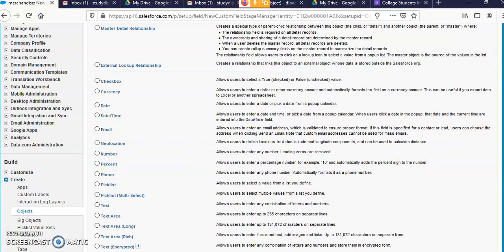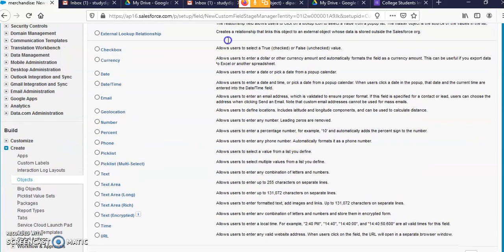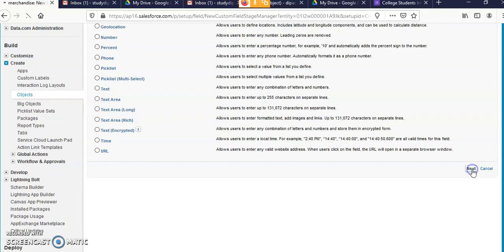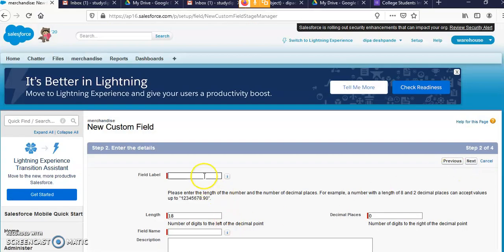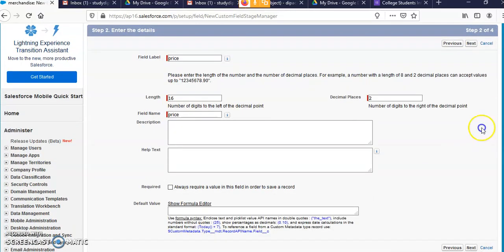For the price I am taking the data type as currency. So first you select Currency, then Next. Here you write the field name, that is Price. You write the length 16 and decimal places. For the price field of the merchandise item, you can put a description like that.